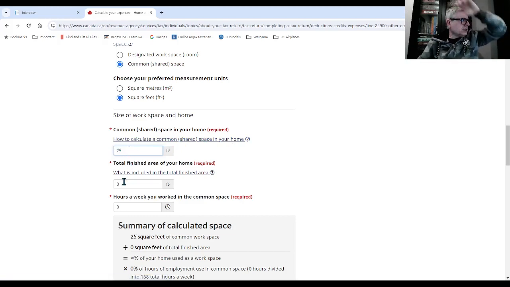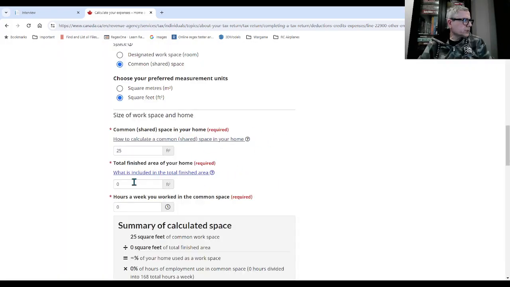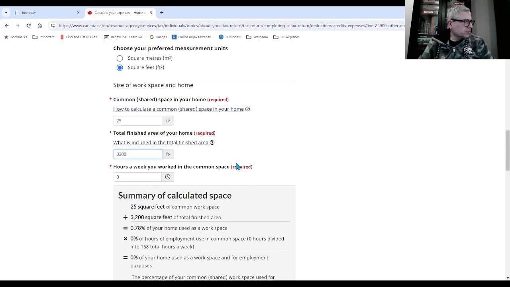What is the finished area of your home? And what is included in the finished area? Let's see. Hallways, bathrooms, kitchens. I think they forgot basement and garage as well. Okay, let's put that at 3,200. Got a huge home, I suppose.